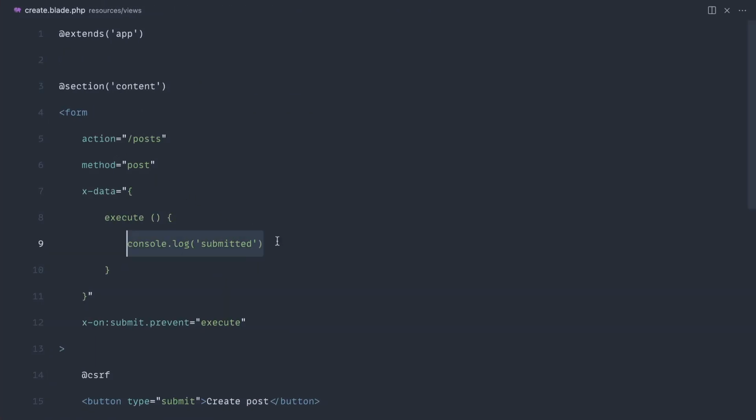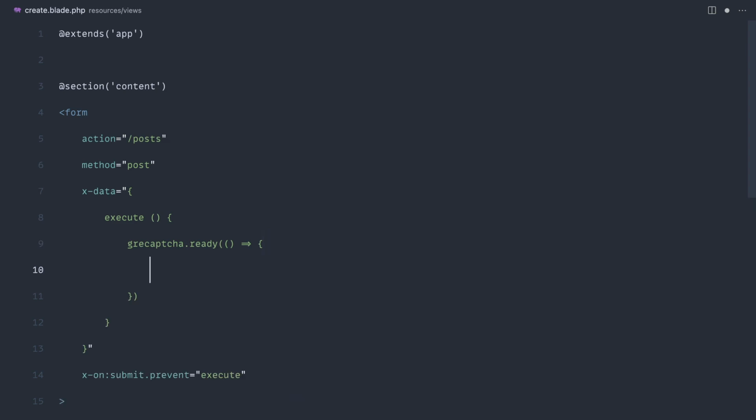So now inside of execute, this is where we want to send the request through to Google reCAPTCHA to get the token, which we eventually need to send through to the backend. We already have this pulled onto the page under our base template. So we're going to go ahead and say Google reCAPTCHA, and we're going to make sure that is ready. That's going to give us a callback here for when that's ready. And then we're going to go ahead and say Google reCAPTCHA,